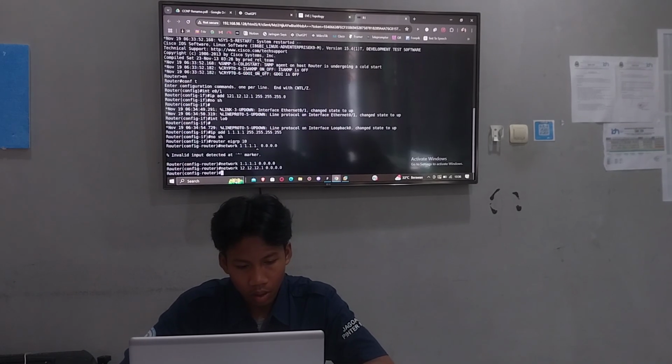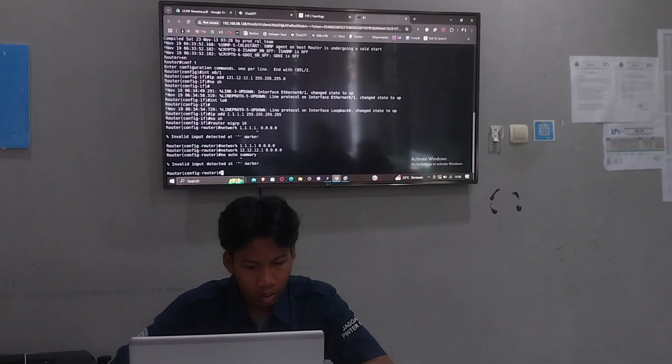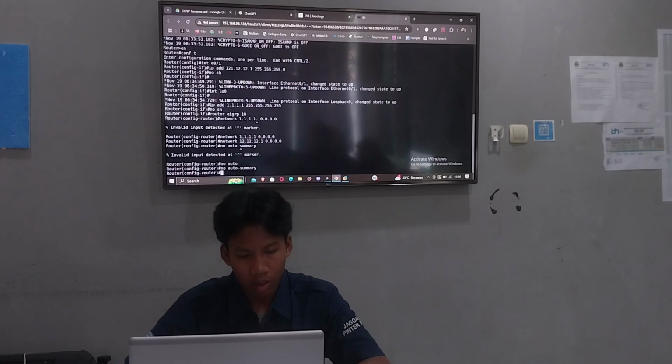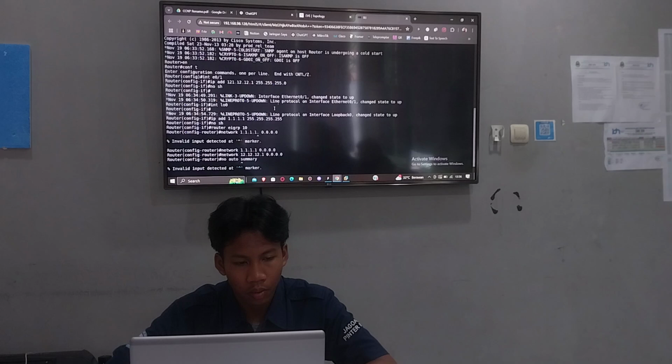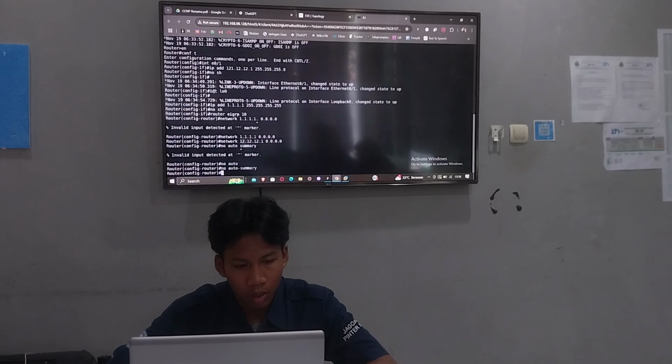And for the last, don't forget to add no auto summary. Okay, like this. And then the configuration for router 1 is already complete.